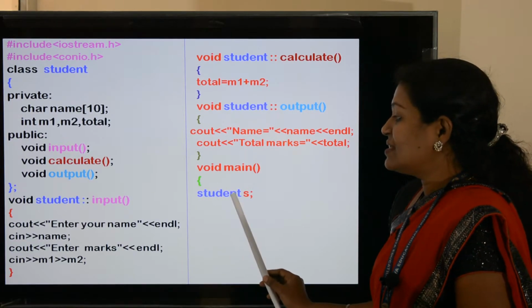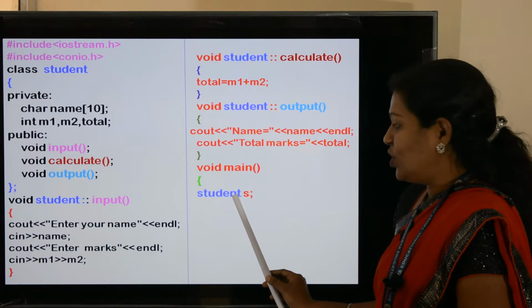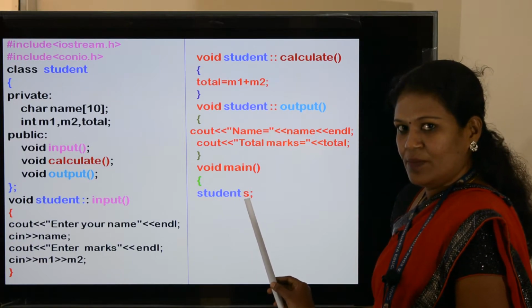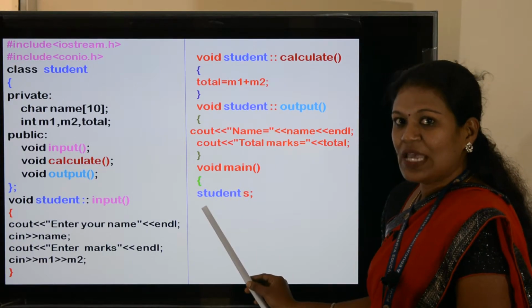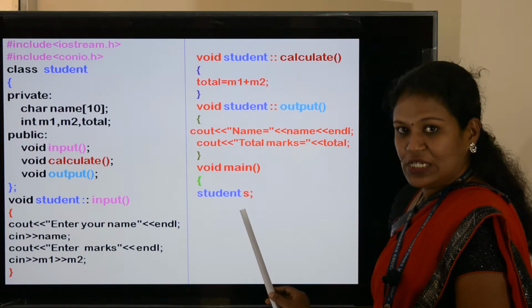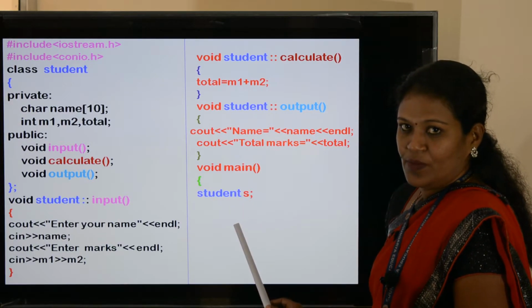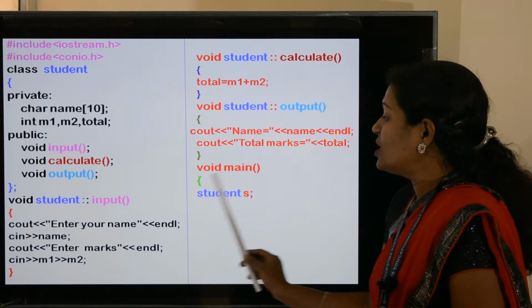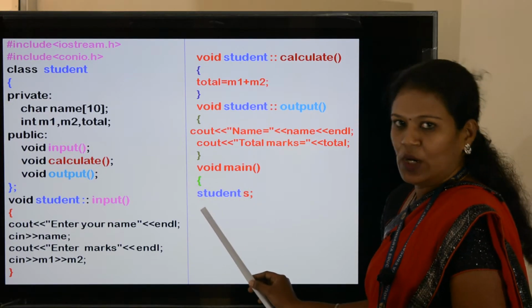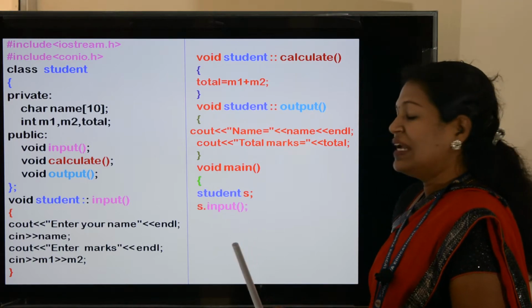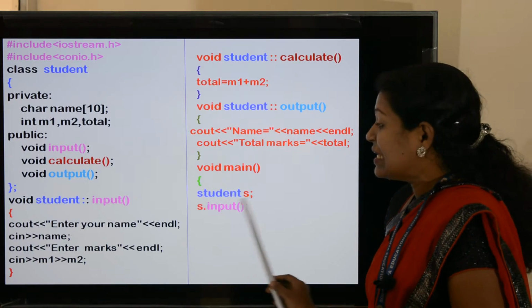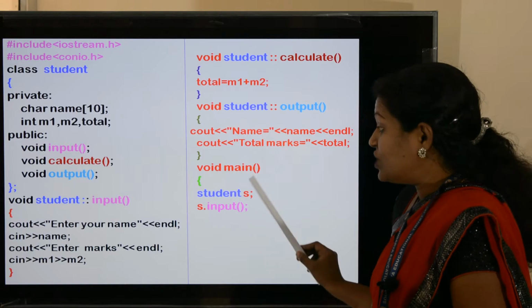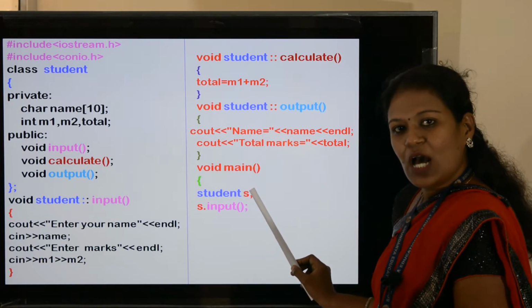Student is the class name followed by the object name, semicolon. So student yes, semicolon. Declaration of the object is over. Now let us move to the next one. After declaration of the object, which is the object here? Yes is the object.